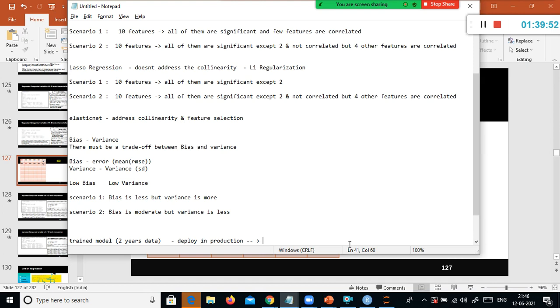But let's say you fine tuned your model very well, kind of overfitting, right? Your model is performing well on the training data, and when you deploy in the production, what will happen is January month the RMSE is 22, February month the RMSE is 50. Though the error is less with your training data, when you apply the model on different months' new data, the error is not the same, it is completely different. It's not consistent, right?